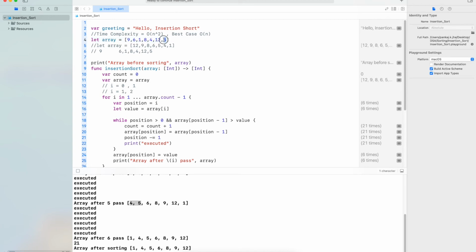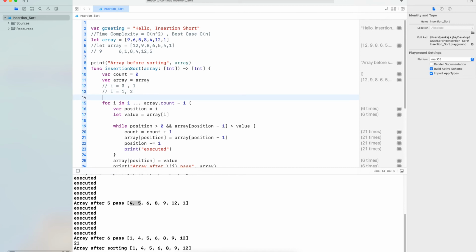Since it is a 5, had it been 1 and the 5 had been here, then for I equals n minus 1 this loop would have executed n minus 1 times, because this is the smallest value and it has to traverse all the way to the first position. So for the average values, if I equals n minus 1, then this loop will execute n or n minus 1 times.